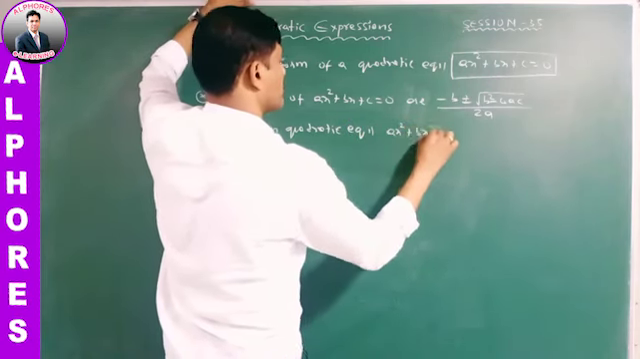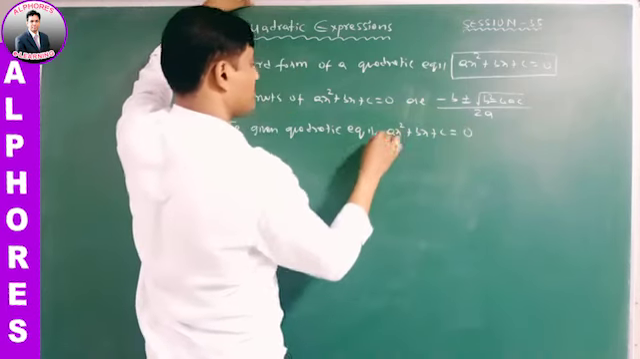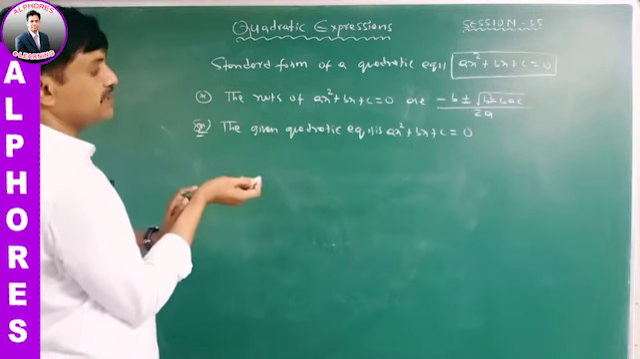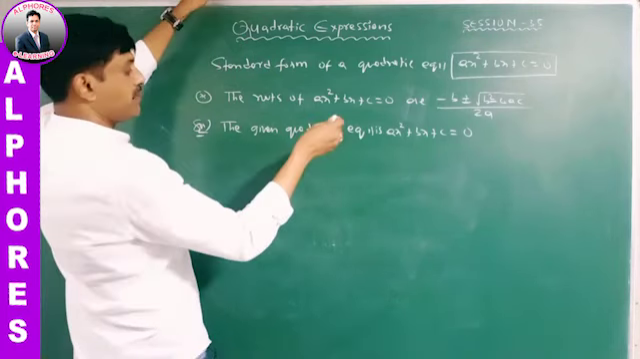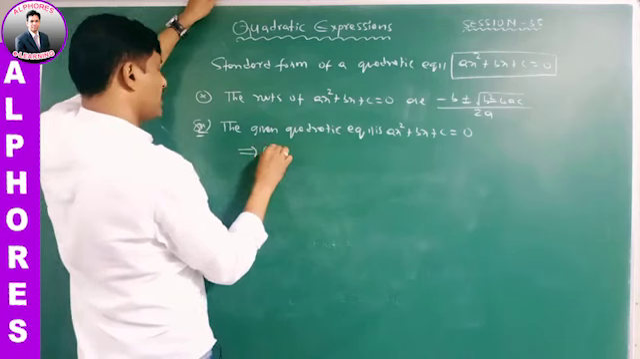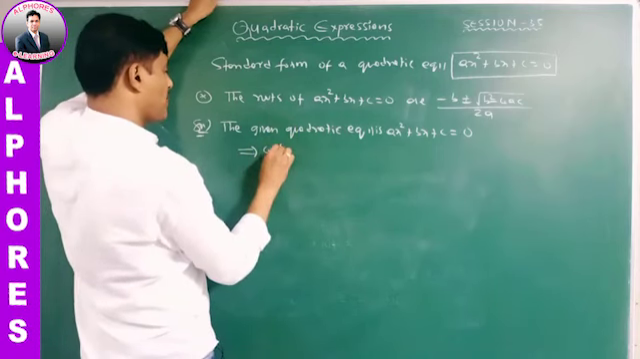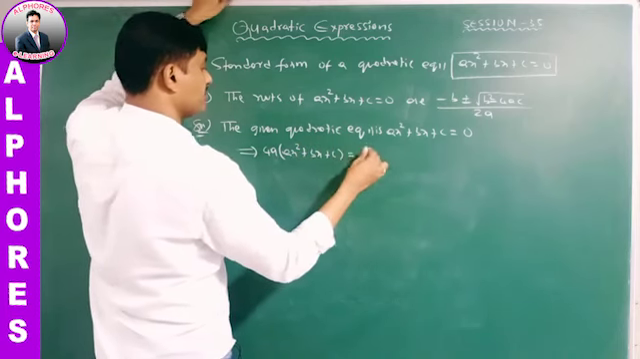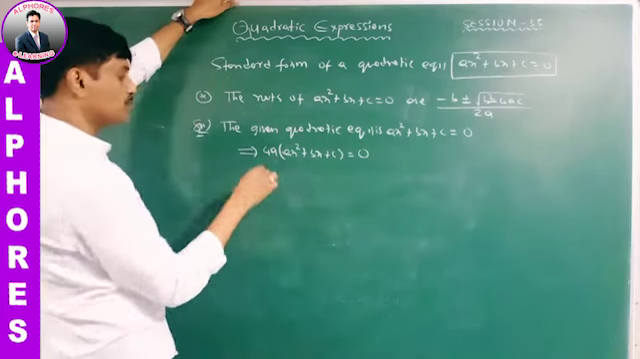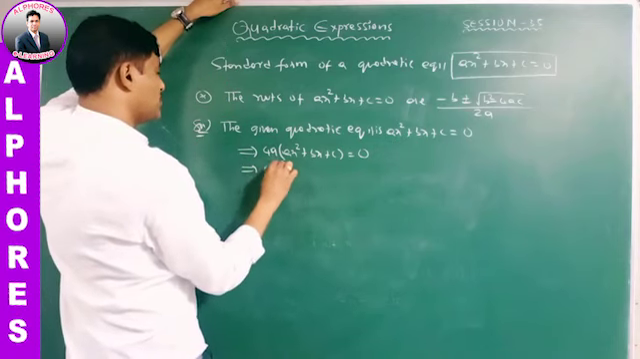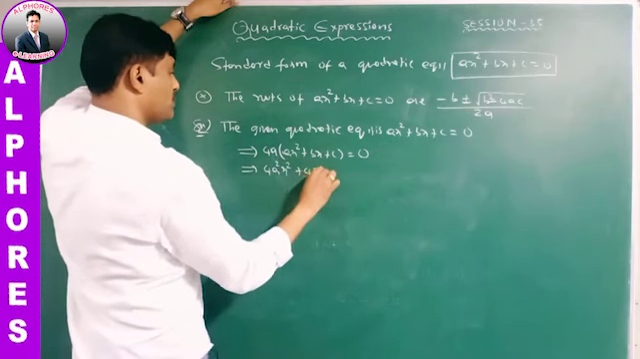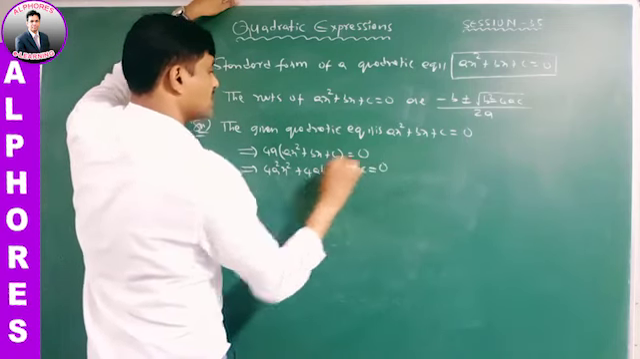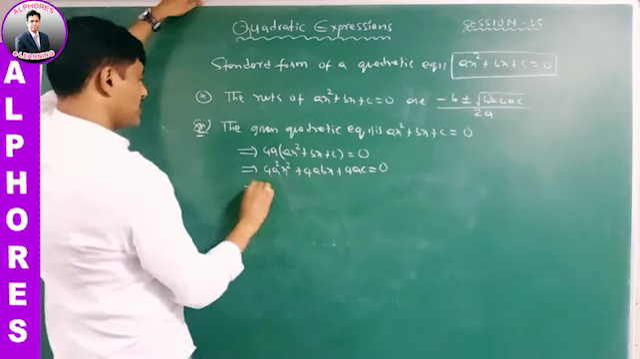The given quadratic equation is ax² + bx + c = 0. Multiply both sides by 4a: 4a(ax² + bx + c) = 0 × 4a. Now what is this? 4a²x² + 4abx + 4ac is equal to 0. Now it is in the form of